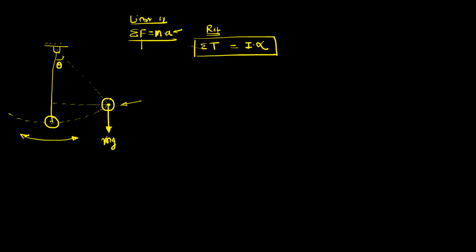Okay. So out of the mg, only some portion will provide the restoring force, and therefore we have to resolve this mg. So this component is perpendicular to this line, that is the string connected to this bob, and the second component is along this line. Okay, so as this angle is theta with the vertical, this angle will also be theta. So this component will be mg cos theta, and this component is mg sin theta.